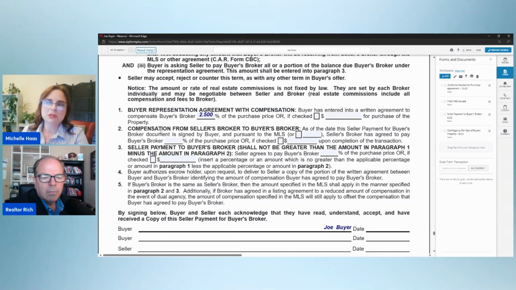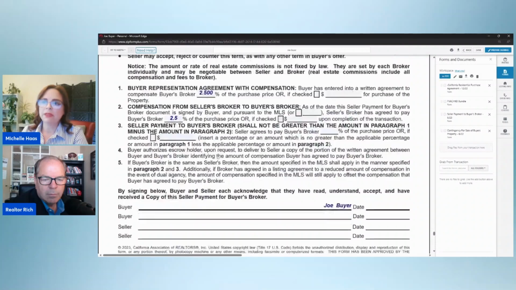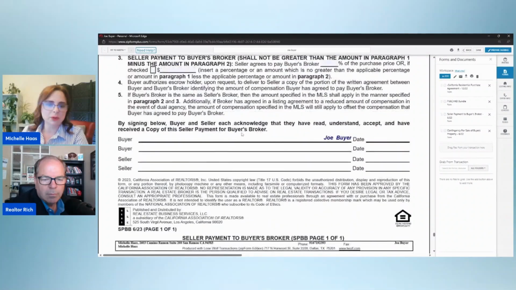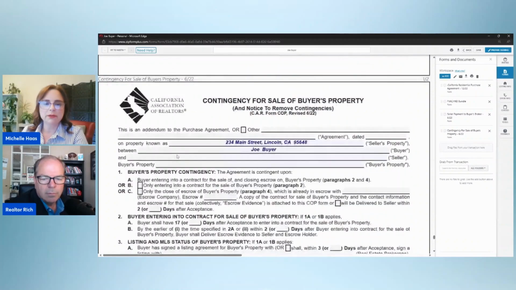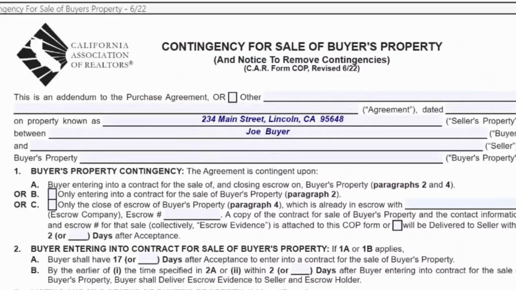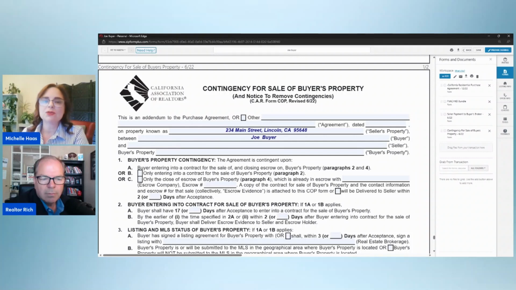Number 2, compensation from seller's broker to buyer's broker. Let's just say Rich's seller has offered 2.5%. I would add that here. And then I'm going to keep going, and Joe Buyer is going to sign here. Our next one, oh, this is fun. Okay, so contingency for sale of buyer's property. Let's just say, for example, the buyer I'm representing has a house that he still needs to sell in order to